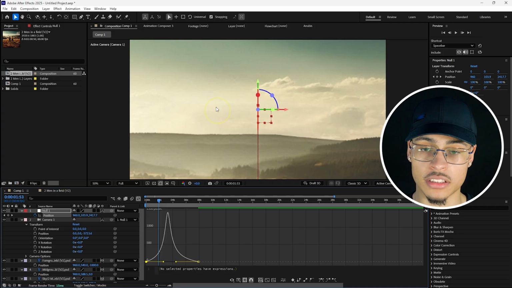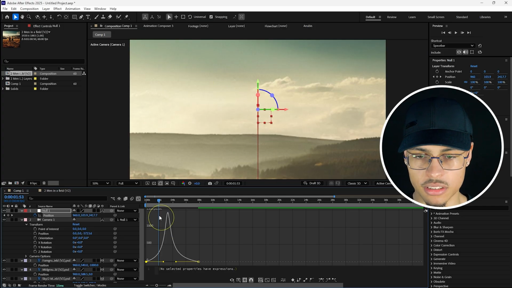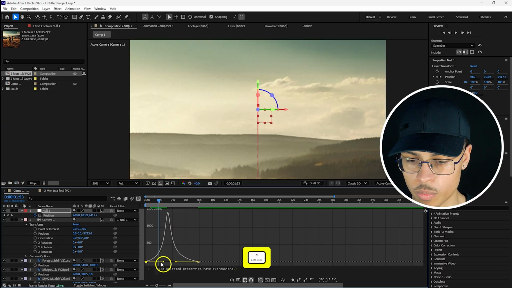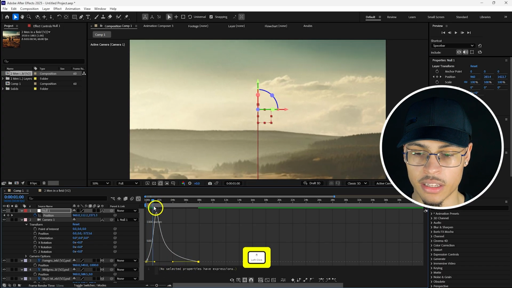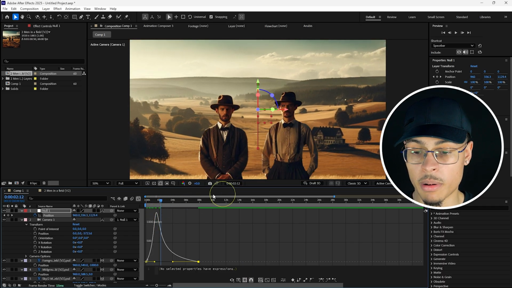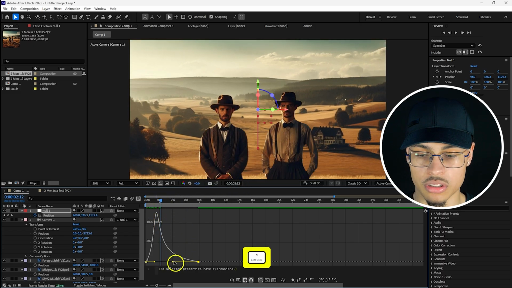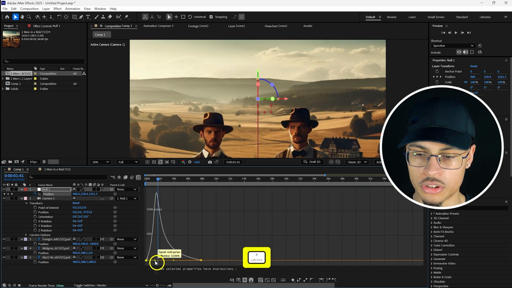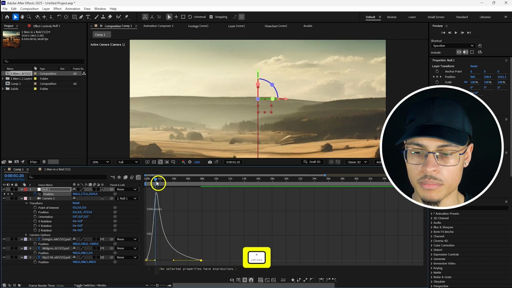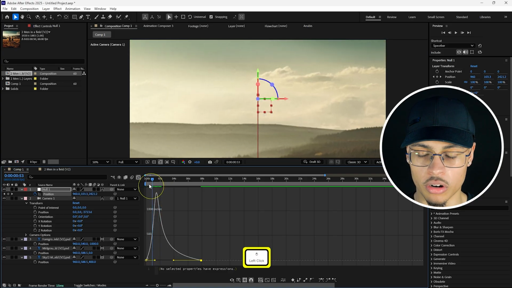Now, maybe if you had some text up here, it would make sense because you need to give the viewer time to read it. But in this case, we don't. So we're going to stick with a graph where it speeds up quickly at the beginning. These two come into view within about 2 seconds, and then it will slow down. Now, don't make the mistake of creating a graph that's too high up, because then this movement will look really